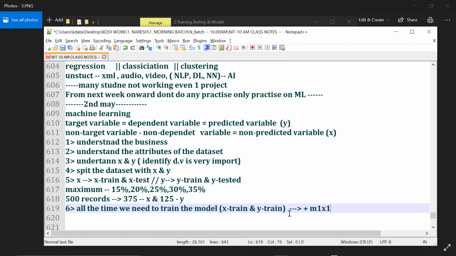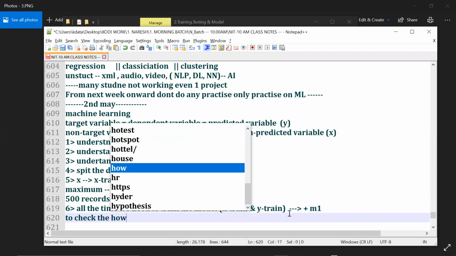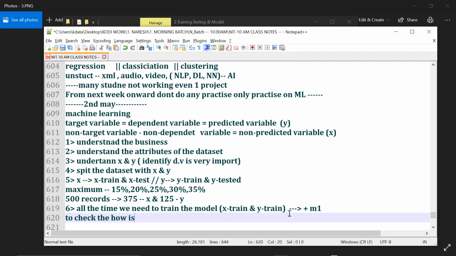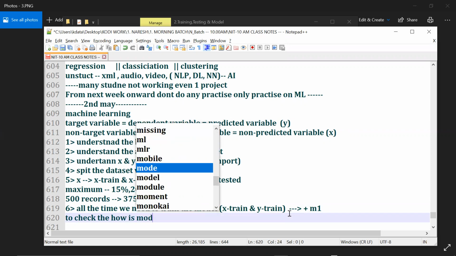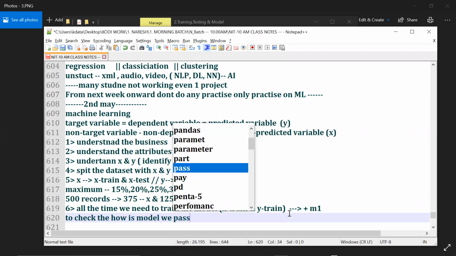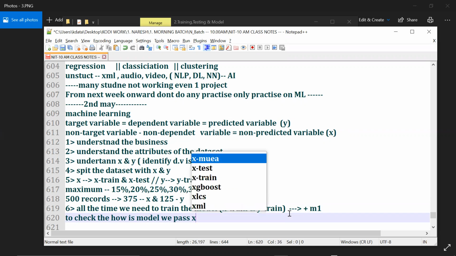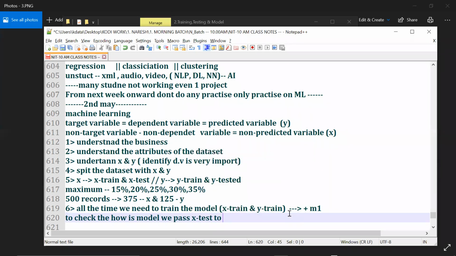Now to check how good the model we built is, is it a good model or a bad model, we pass X test to the model M1.